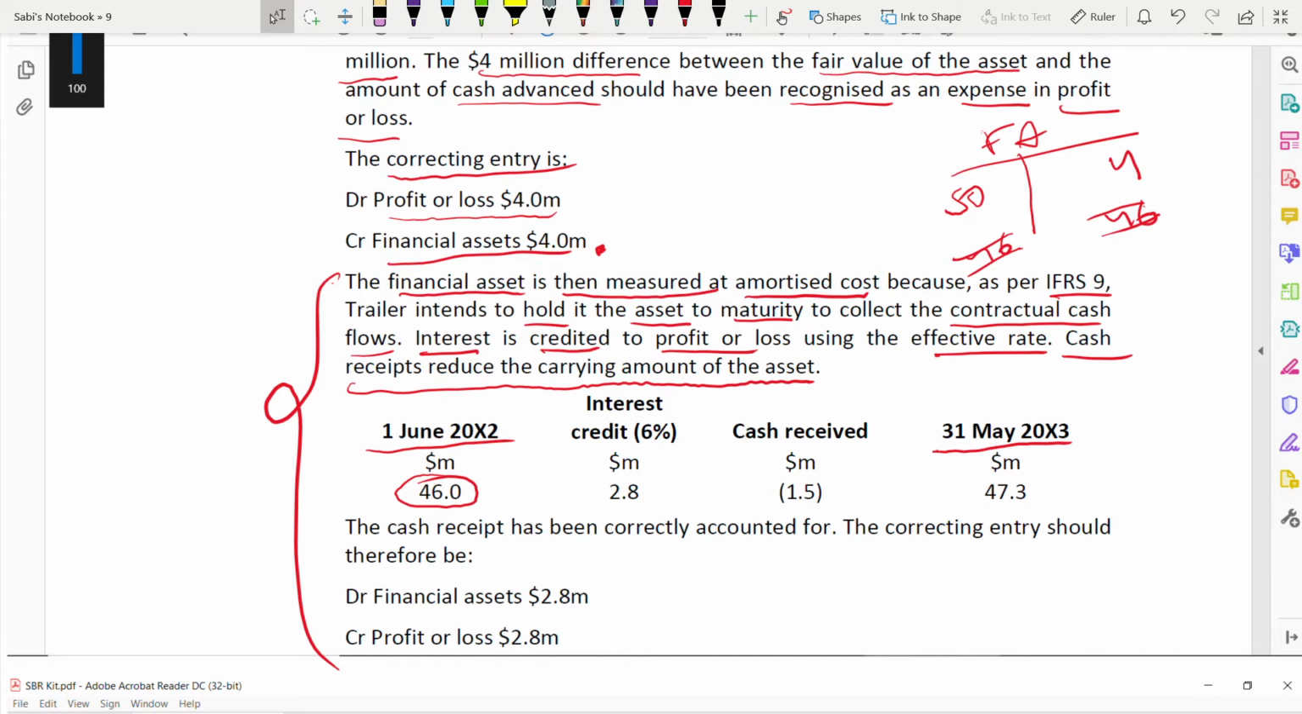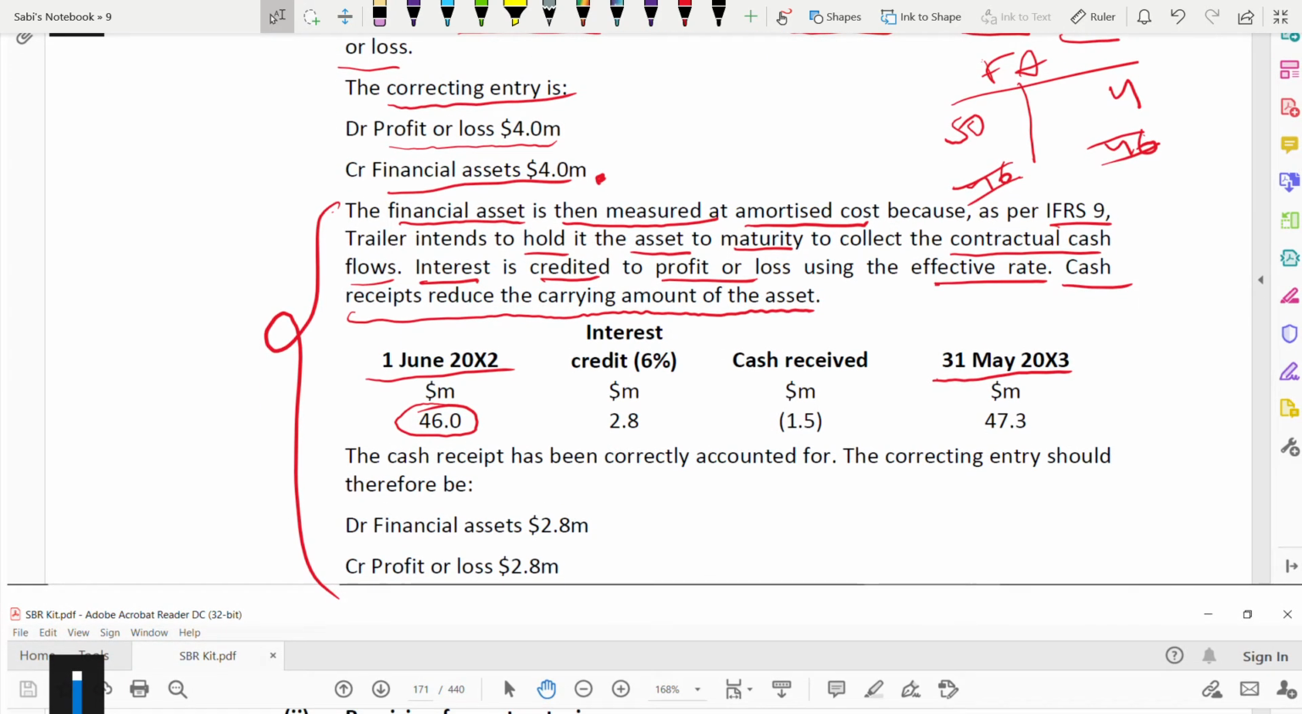So now make this column, it will be very easy. You have to use this when it's a financial asset, financial instrument. This will help you when you have to find the carrying amount. So interest credit, you will add it with 46, and you need to deduct the interest, which is 1.5, only for the 2001 year. Finally, this is the carrying amount, 47.3, for 31st May 2003. This is what the question asked, but